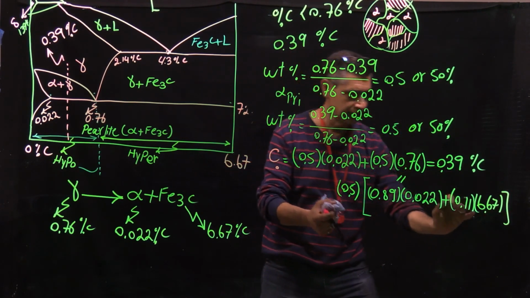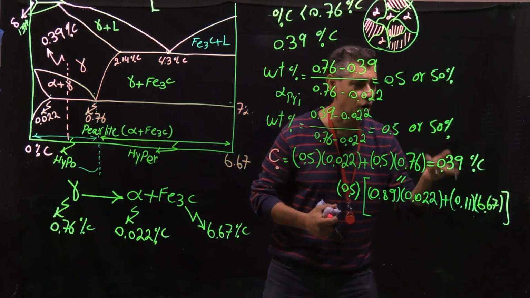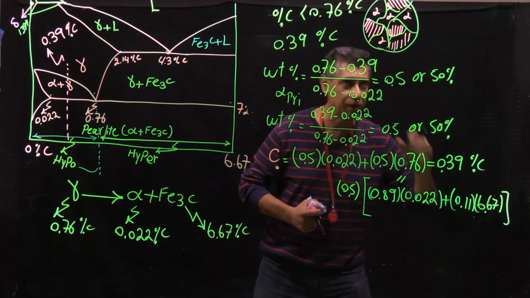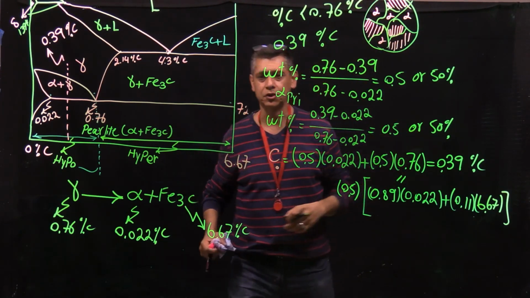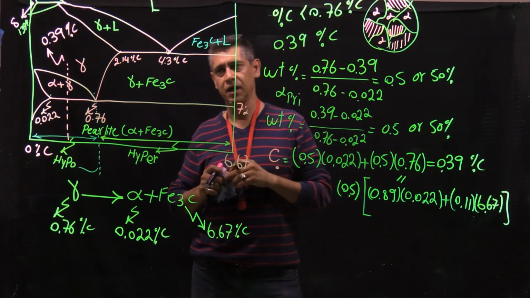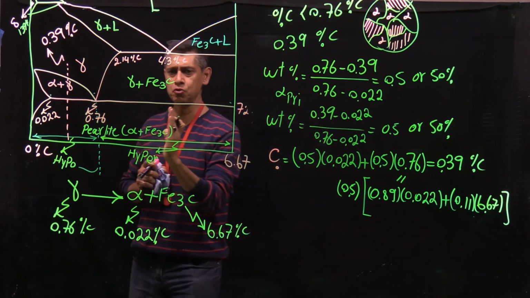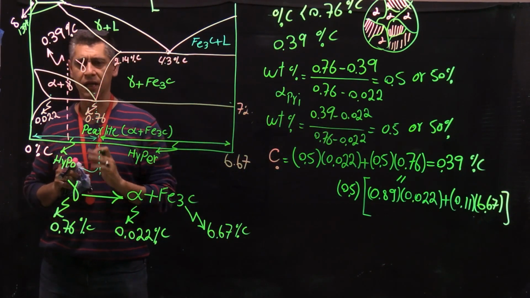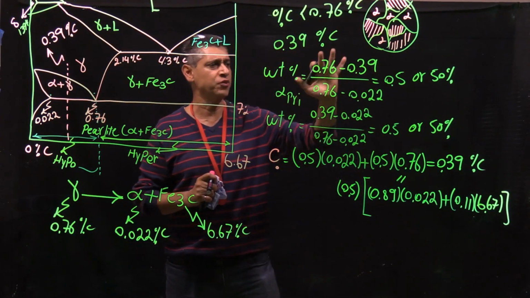And I guarantee this is pretty much the same as this. So you can calculate the carbon content of the alloy knowing the microstructure. So that is the case that is called eutectoid. Bear in mind, if I reduce the carbon content, let's say my carbon content instead of 0.39 is 0.19,